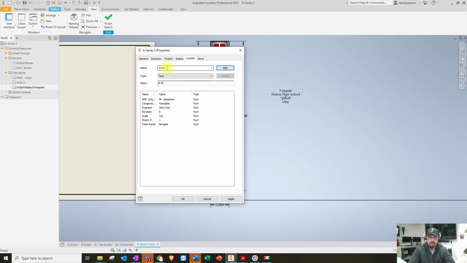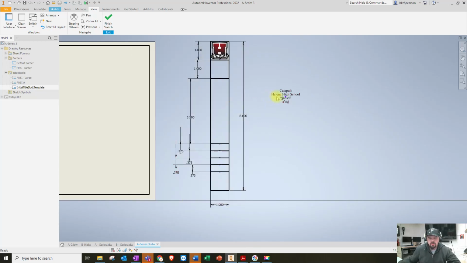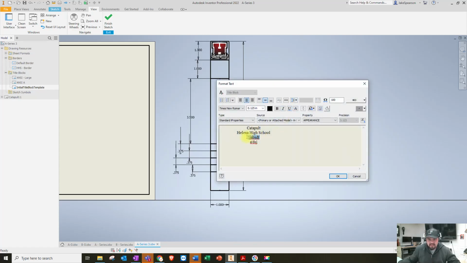So remember that. Last one is going to be the total number of pages. Bingo. And that's going to be, I don't know, 10. You'll have to count your own eventually, but there they are. Now I'm going to hit apply. I'm going to close. I'm going to go back to this here, and I'm going to highlight this section